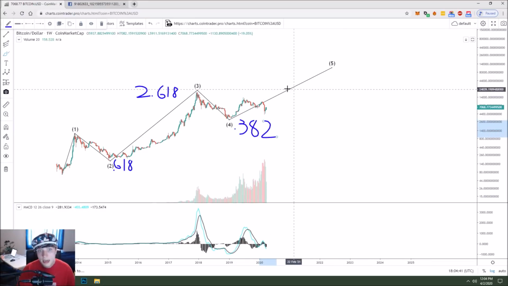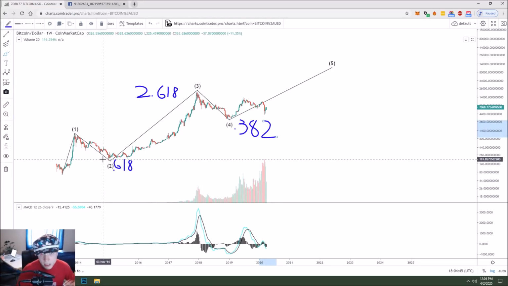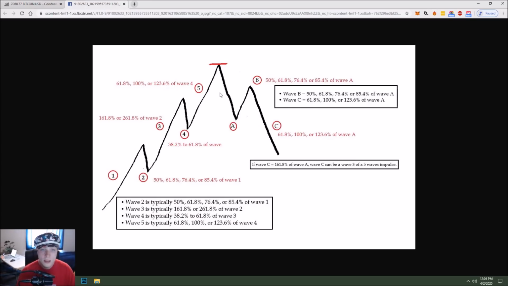382. Okay, now everybody's like, wow, this is amazing. Bitcoin is following the Fibonacci relationships perfectly. And yes, that's exactly what I'm thinking. In fact, it is purely art how well the relationships are matching on this chart. So let's continue. As you can see, the 5th wave goes all the way to, let's see, the 5th wave goes to